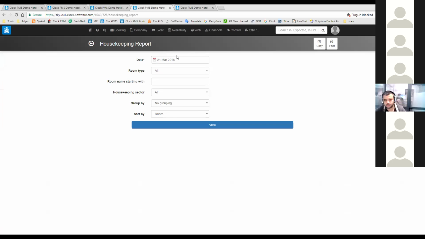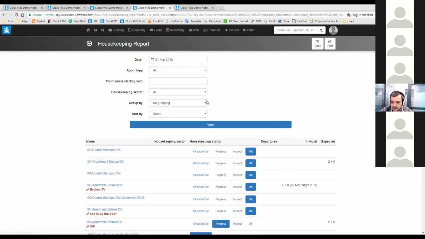What is the housekeeping report? You can either print it each morning and give it to the housekeeping staff, or, as I mentioned, create a user for them, and they can use a tablet or a smartphone, as long as they have a browser, and log into the system and check this housekeeping report themselves. You have several filters here that you can select, but I want to see the case for today,